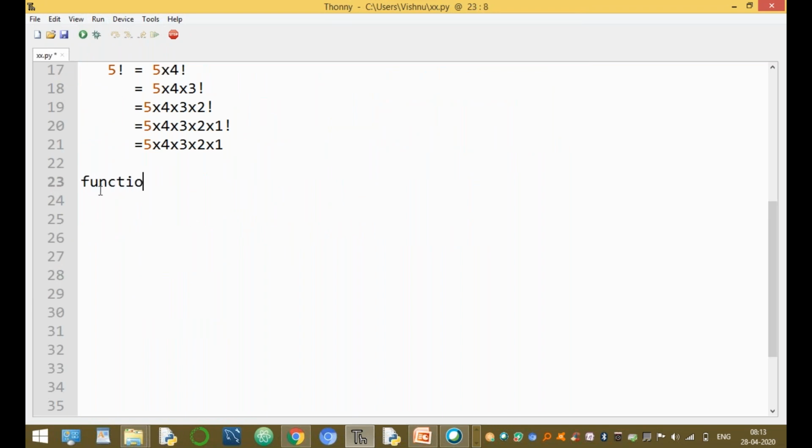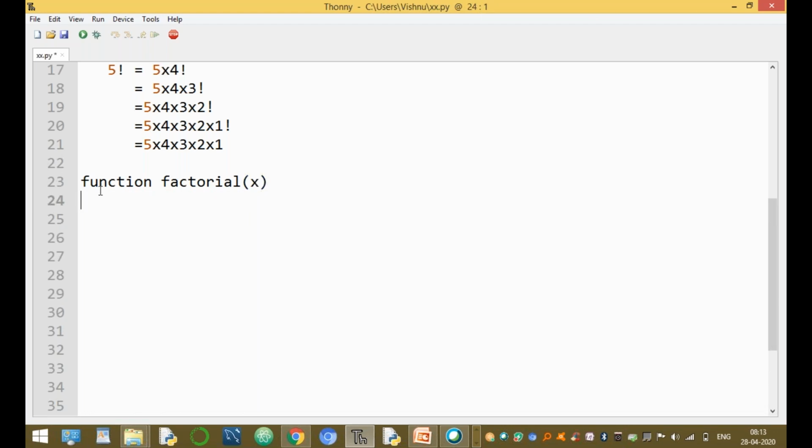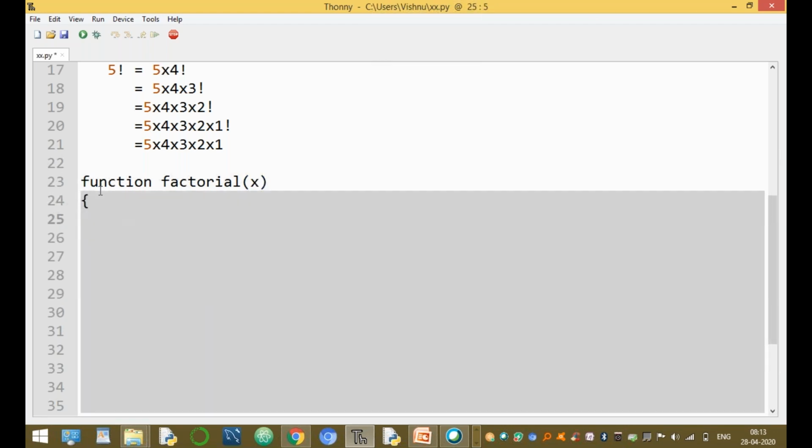For example, declaring a function in JavaScript: the function name is factorial, taking some value x as the argument. Now, to call the iteration, we use if x equal to 1, then return 1.